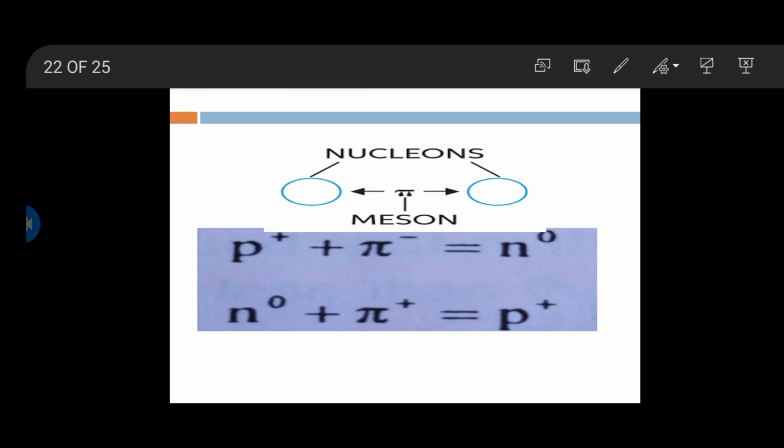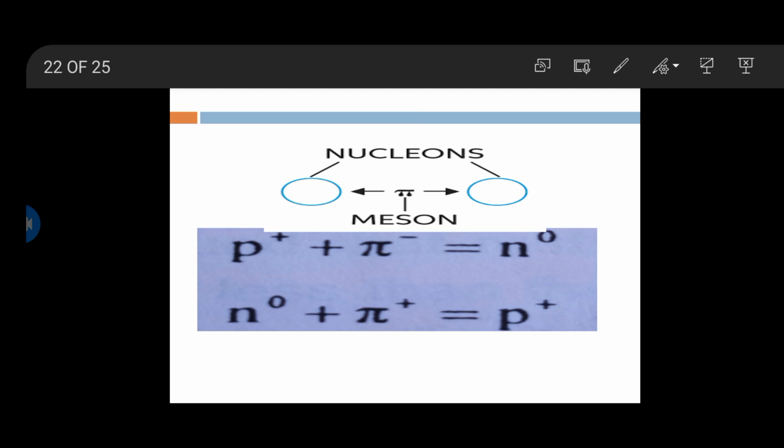As we discussed in previous slides, one nucleon, which may be a neutron or a proton, changes into the other nucleon through the exchange of mesons. In these interactions, mesons may be absorbed by a nucleon or ejected by the other nucleon. You can see from the